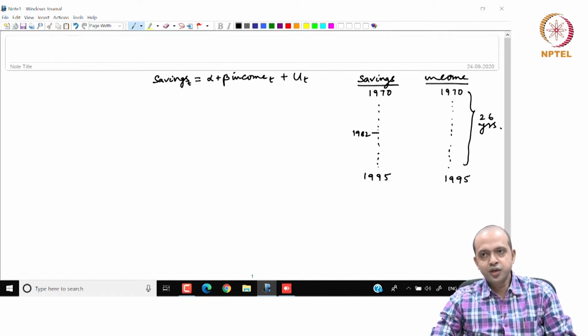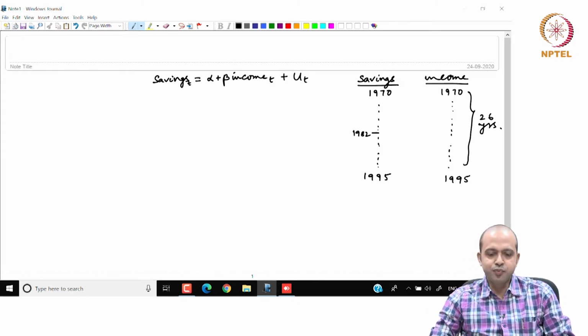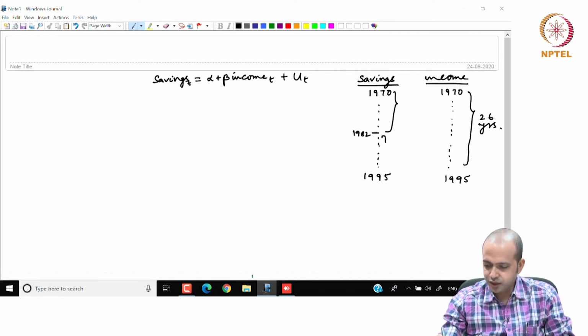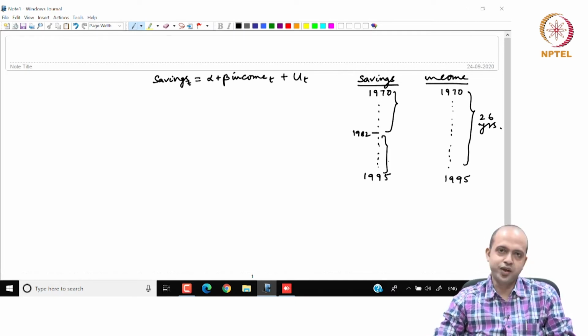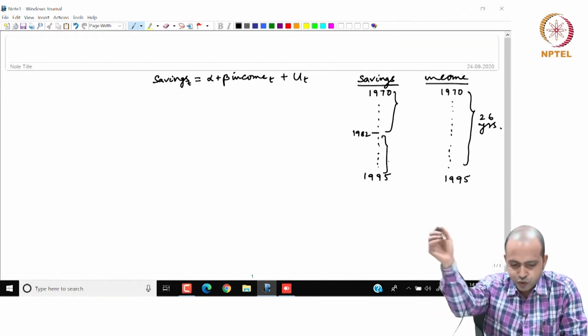So, what will we do then? We will specify two different savings income relationships, one for the period 1970 to 1981 and another from 1982 to 1995. These are the two subsamples we have created. As we have discussed, we have three regressions, actually three models: two unrestricted models and one restricted one. The unrestricted models are like this: